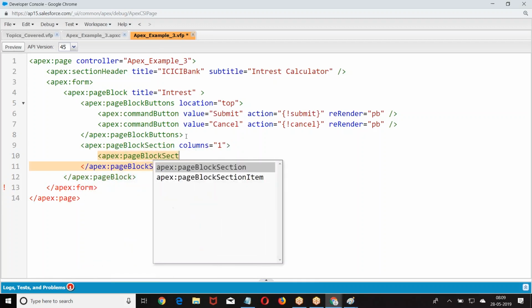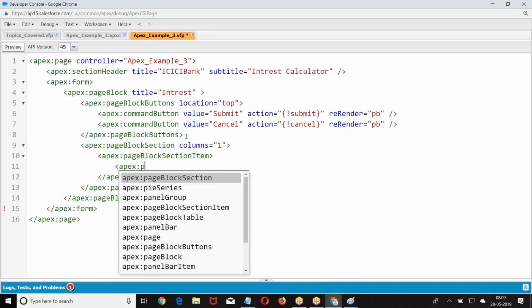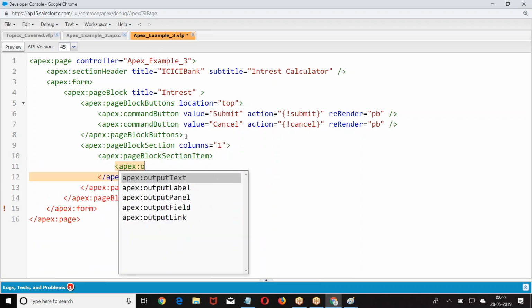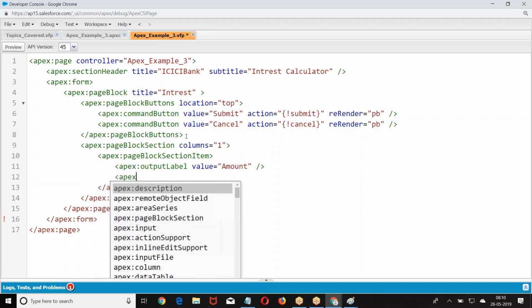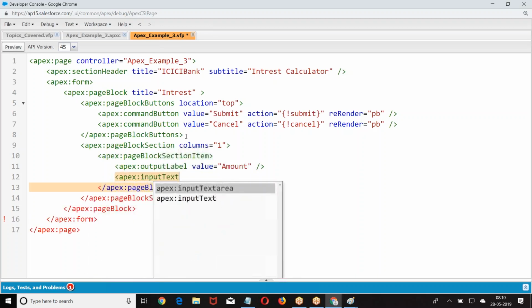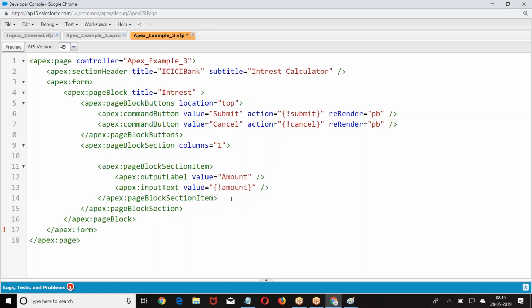Page block section item. So we have taken the page block section.